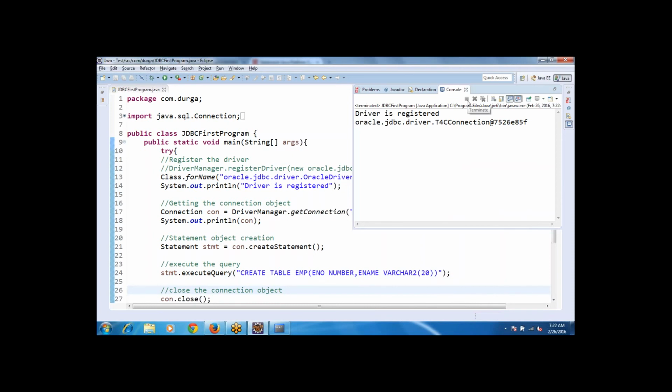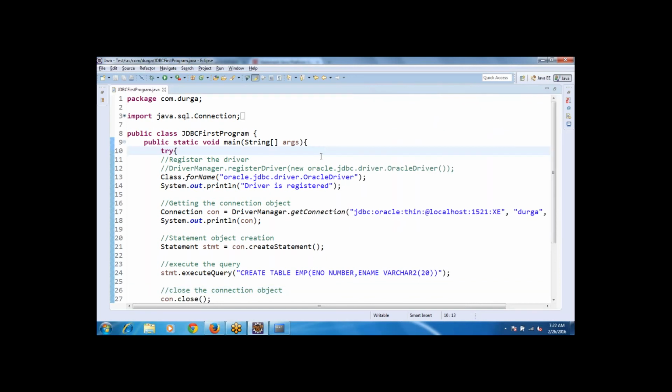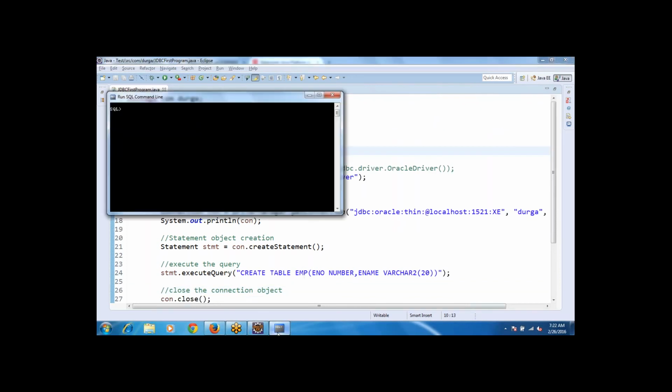If the red symbol is showing here, the program is still executing. If it got disabled, it means my program got executed already, terminated. Here it is showing terminated, which means my program execution is done. So now how to cross verify this? What you need to do first,